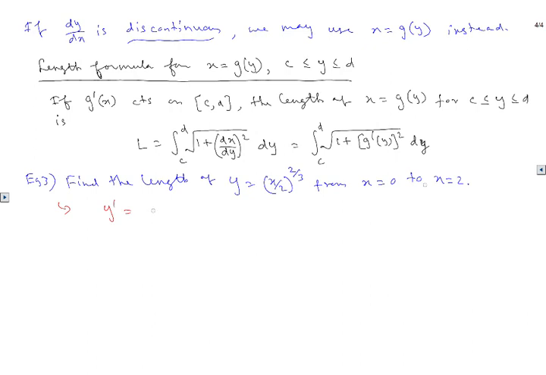You get 2/3 x over 2 to the negative 1/3, times 1/2 by chain rule. If you simplify this, you end up getting 1/3. The 2 gets cancelled, so you're going to get it upside down, so it's 2 over x to the 1/3, by the negative power. So now you can see that